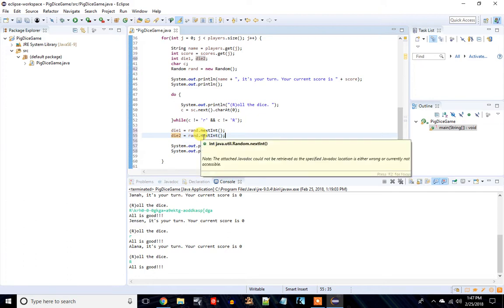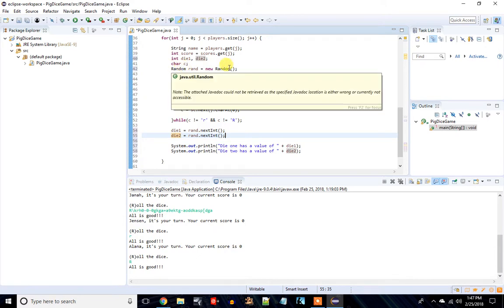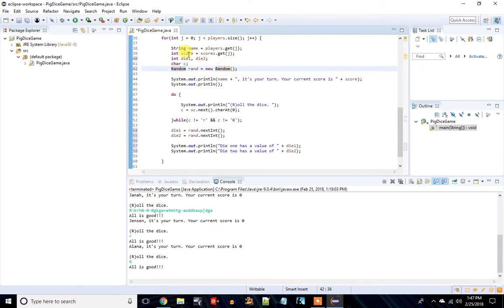Another thing to keep in mind, if you need multiple random numbers, just like with the scanner, you don't have to create multiple random generators. You just keep using rand. Alright, it's going to generate numbers for you. Now this one, it's going to be probably kind of high because I haven't set any stipulations on it yet. So we're going to go ahead and run this,